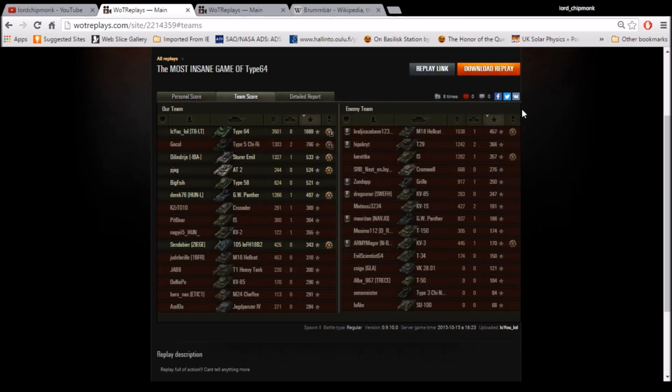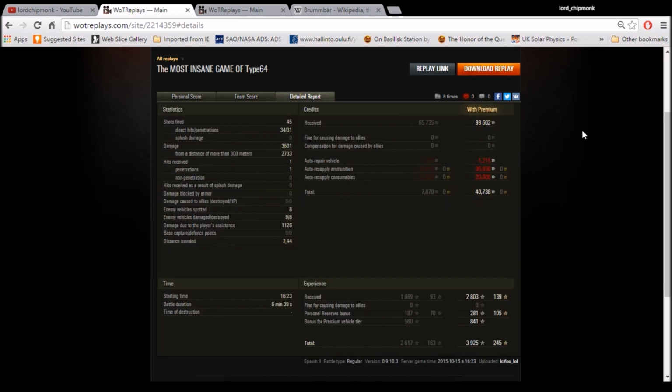3,501 damage done, 8 kills, 1,869 base experience, easily outstripping anyone else on either team, regardless of what sort of metric you decide to use. It seems the tank actually carries 45 shells, not 35, my apologies, but all 45 of his shells were fired. For that damage count, most of it from relatively long range, 1,100 assistance damage into the bargain,